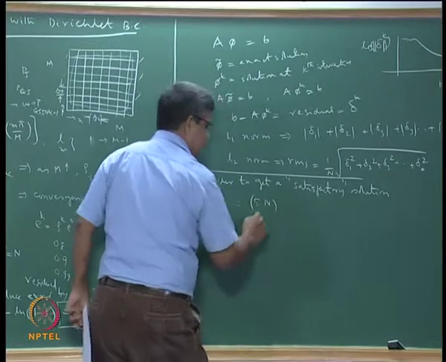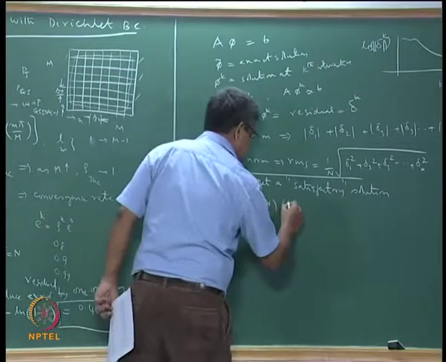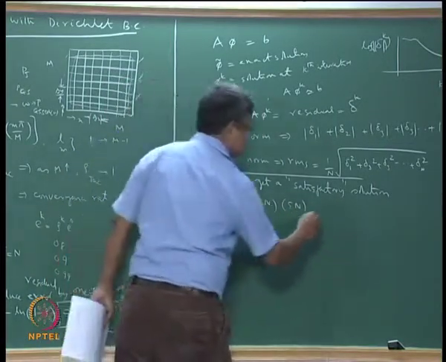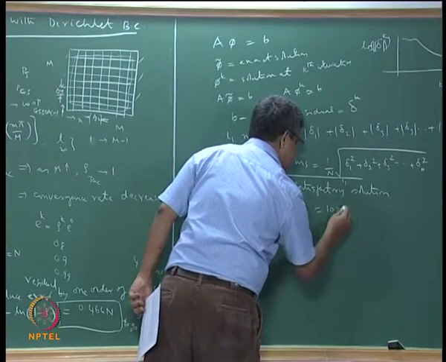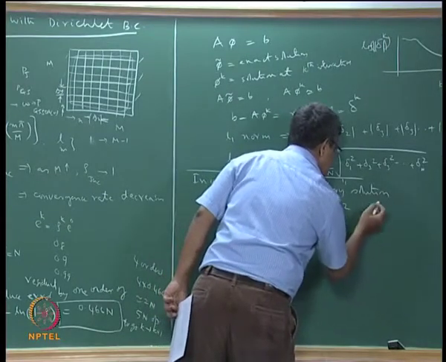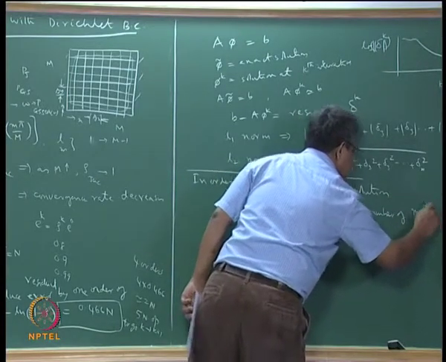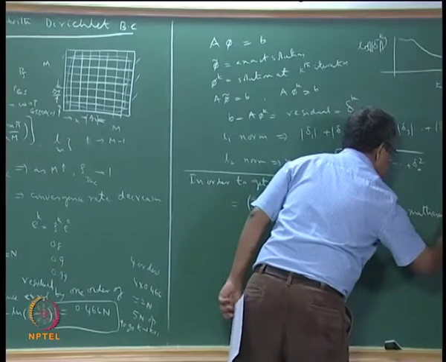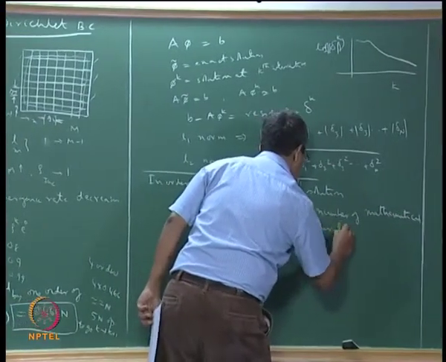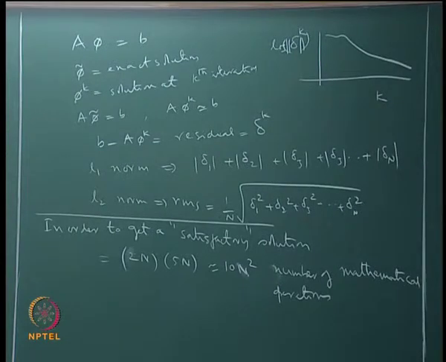So then we need 2n number of iterations, and each iteration costing 5n number of mathematical operations, that is 10 n square number of mathematical operations. Okay, so this is how we can arrive at the number of mathematical operations that are required for a given